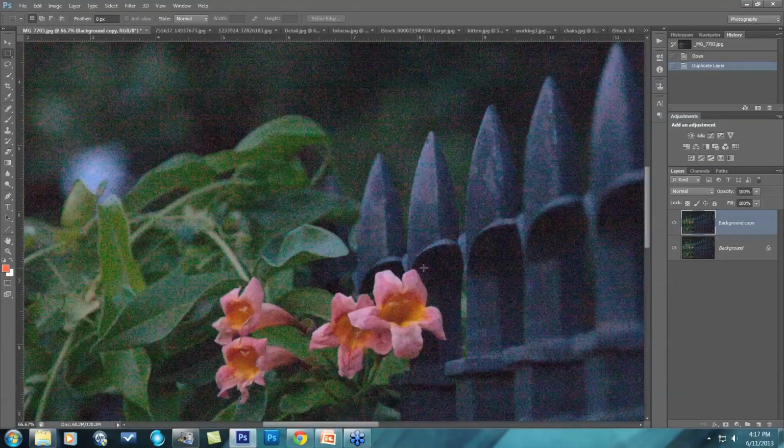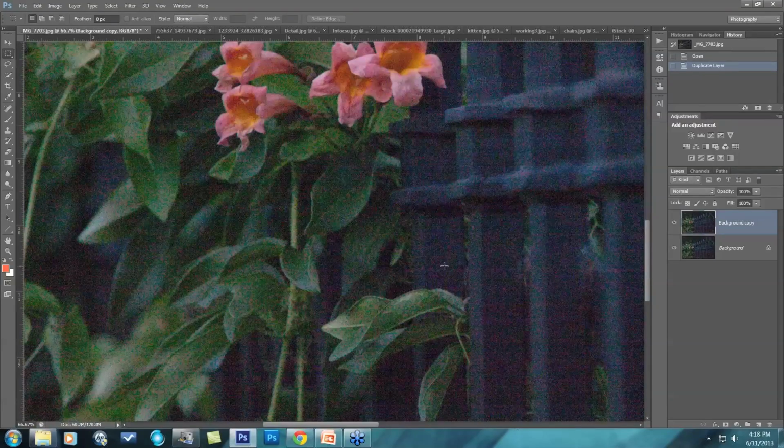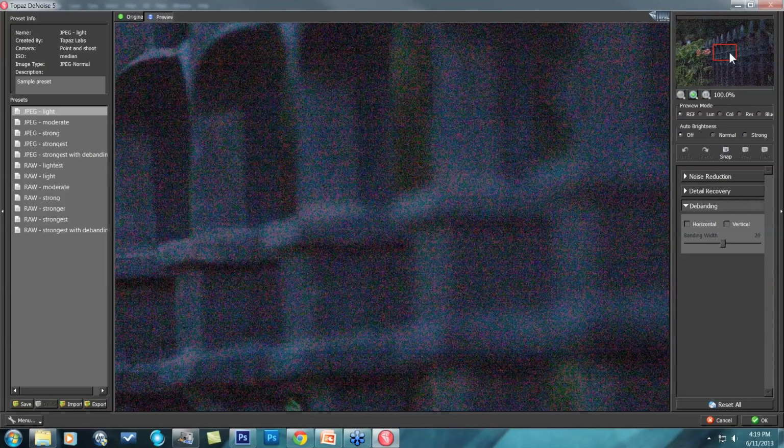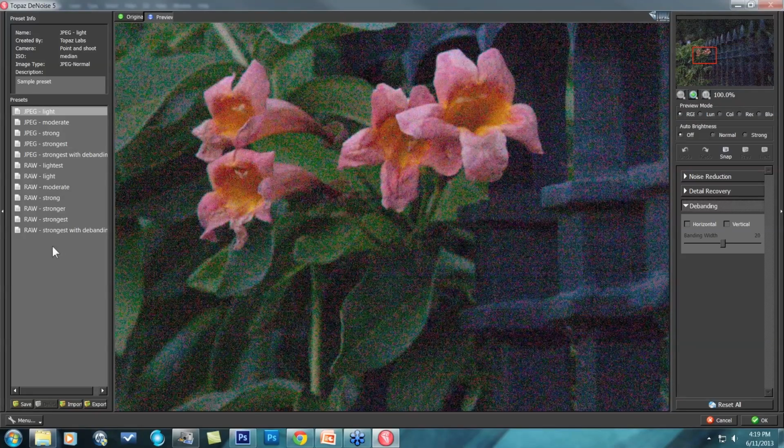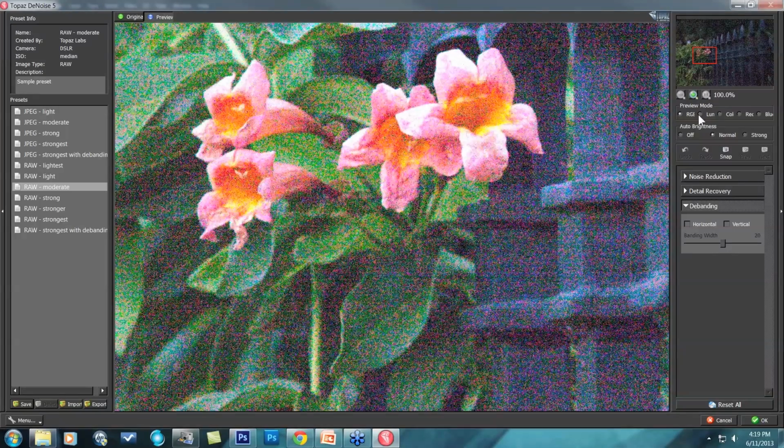And so we are going to take this image into denoise first, and then continue on with the workflow. So let me go ahead and hop on into denoise, because this image obviously needs a lot of technical help. I'm going to scroll out to 100% and just work with denoise real quick. I'm not going to go over every single thing with the program because we are talking about image workflow itself, not each individual program, but I will at least try to do the best job I can in a very quick way. Denoise is going to allow you to work with very, very heavy image noise like this, and